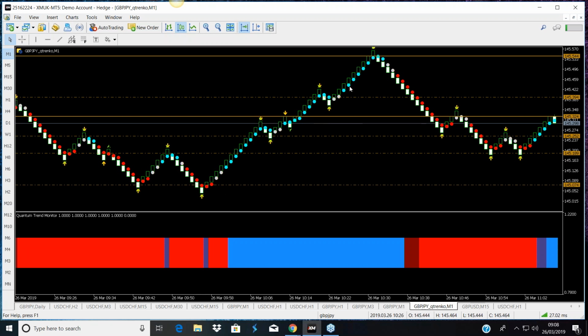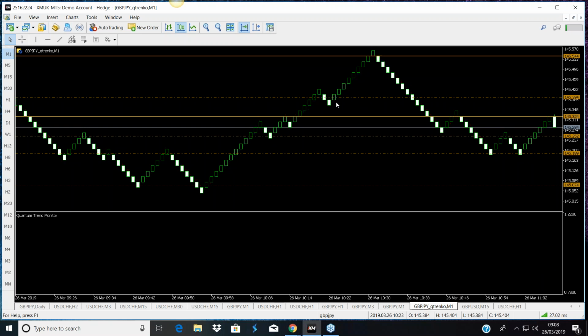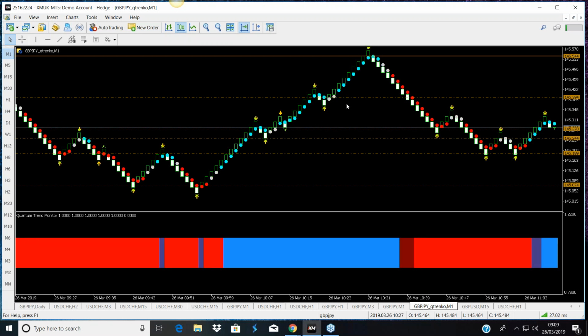And here you can say this was a trend, but you can still see the pullbacks. This is the first one, this is the second one, this is the third one. If you use it in conjunction with the time chart and with the other indicators, this is how you will be able to take advantage of these moves in pairs that are certainly in congestion on the slower time frames, and possibly have a trading opportunity.